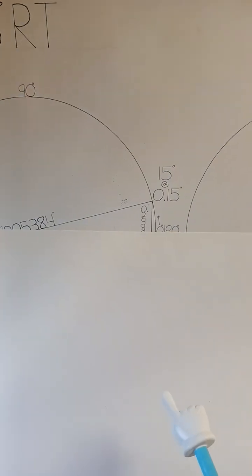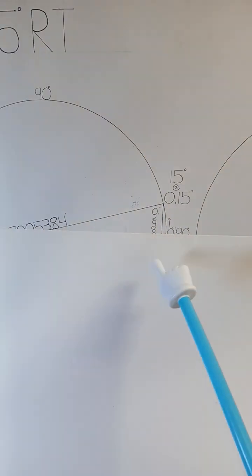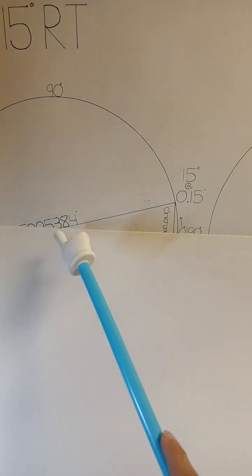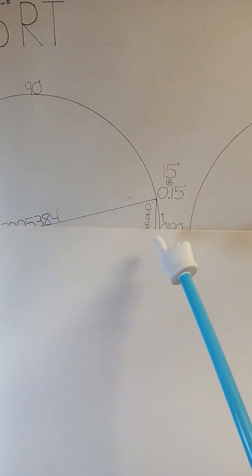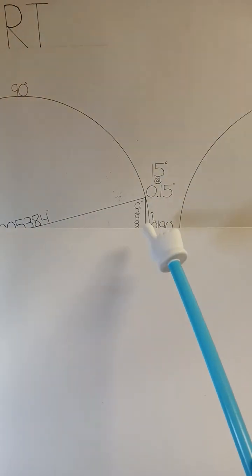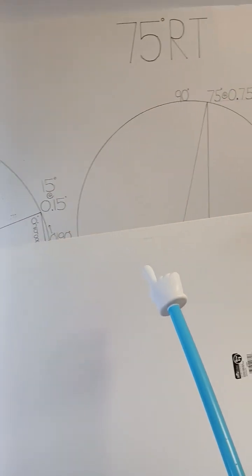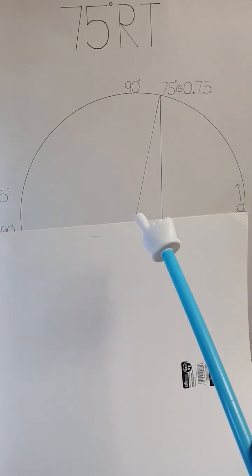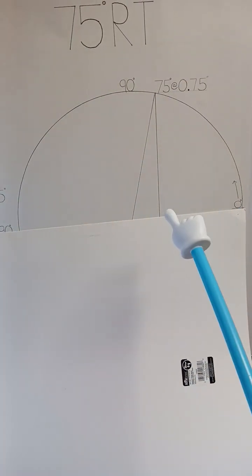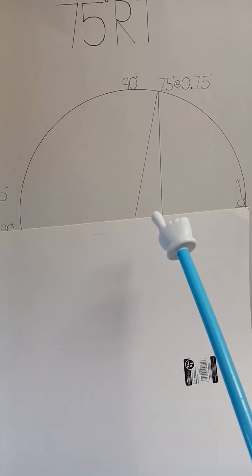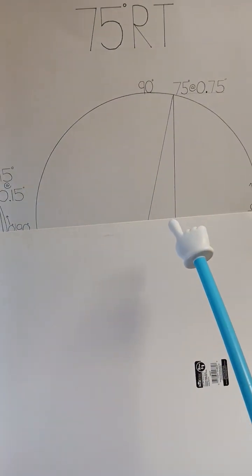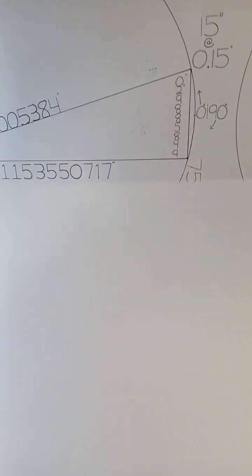The enemy is full of half-truths. The enemy will say, okay kids, this is the 15-degree triangle inside the circle. And yes, while that's true, and they'll say, okay kids, this is the 75-degree triangle inside the circle. And yes, while that's true, the full truth is